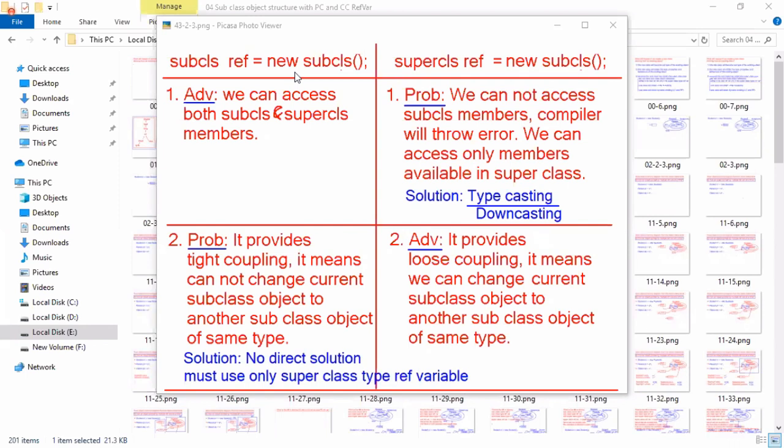Yeah, please write down this table. I will explain to you. First, you write this table.